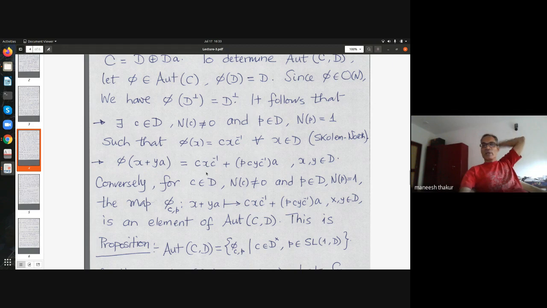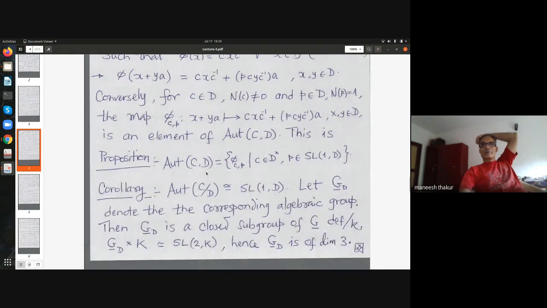So this is a subgroup of type A1 cross A1. Anyway, I have not written all that. It's not necessary for my calculations. A corollary to this is, if I look at those automorphisms which fix D pointwise, then this part doesn't exist anymore. C is a scalar. So that goes away. It is just norm 1 elements from D. So that group is isomorphic to SL1 D. So this is an A1 type simply connected group over K. So that gives us, in fact, recently this was shown by my PhD student and some other independent mathematicians that any A1 type subgroup can be written like this.